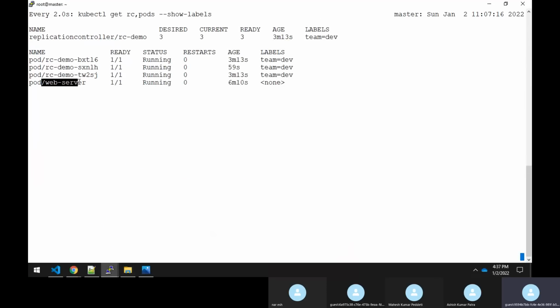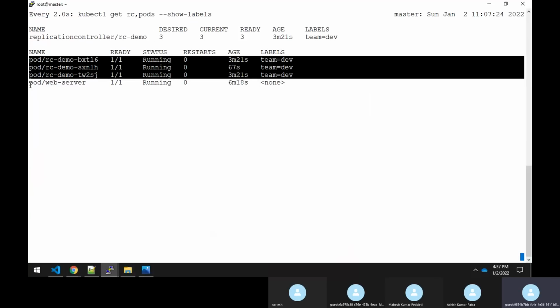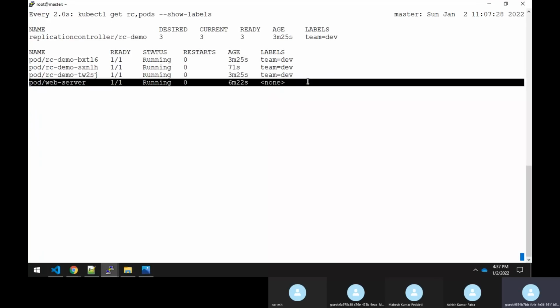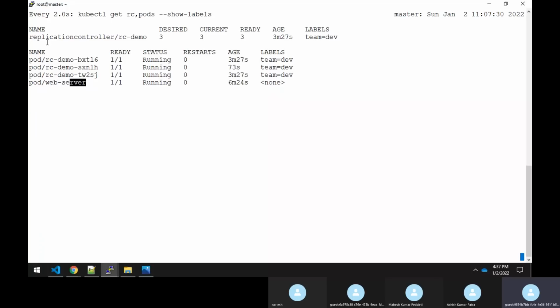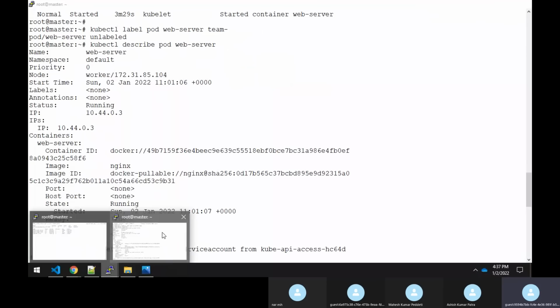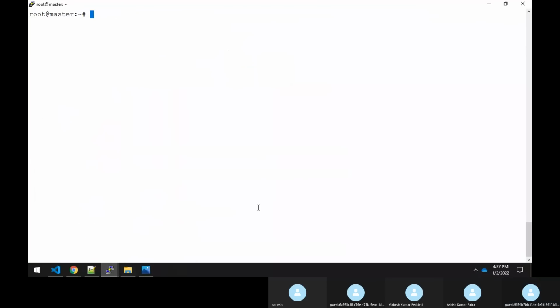So now you can do any kind of diagnostics you want on this pod. Now, if I remove this replication controller, it will remove the replication controller as well as all three of these pods, whereas this pod will not be removed at all, because it will still be running since it is not controlled by any replication controller. Now you say, okay Rajesh, my diagnostic is complete and I want to make this pod go back to the replication controller. So what you will do is just assign a label again. How to do that? Same thing.